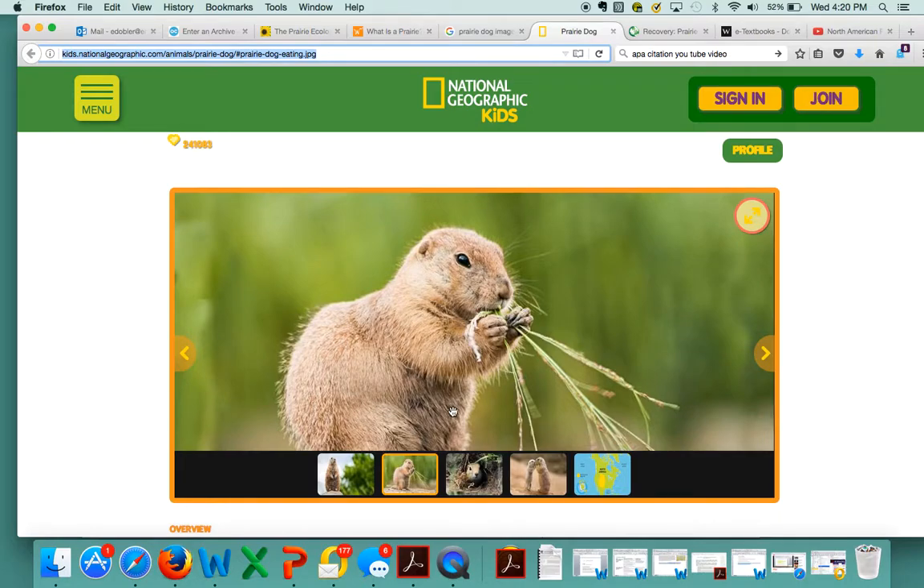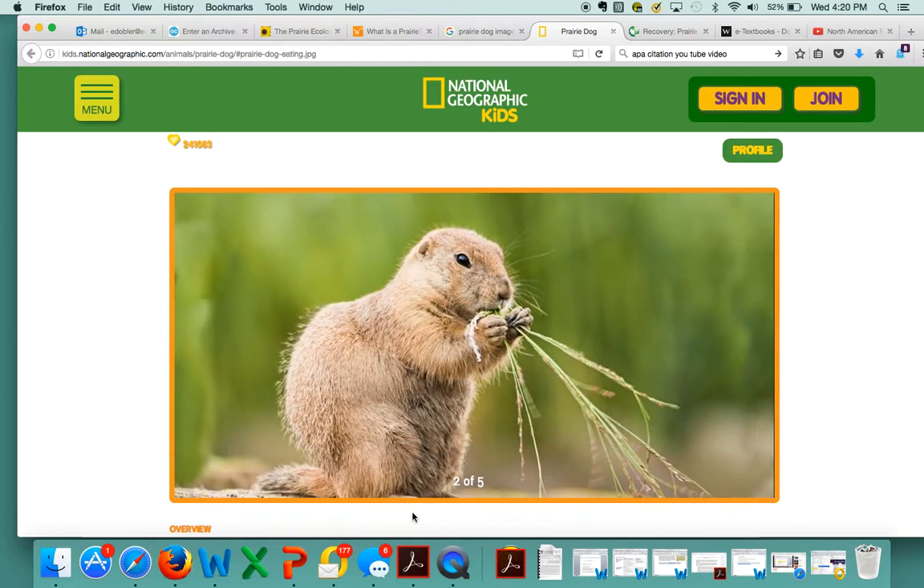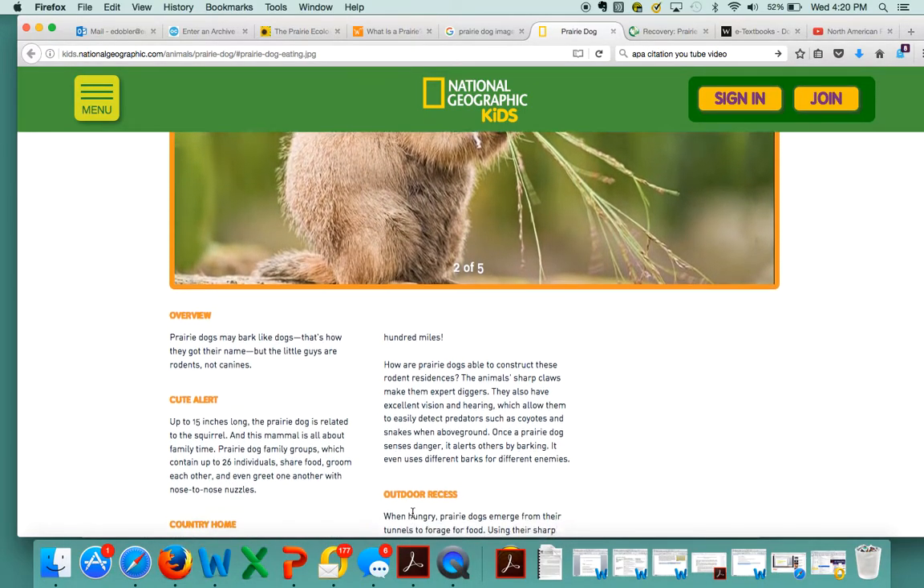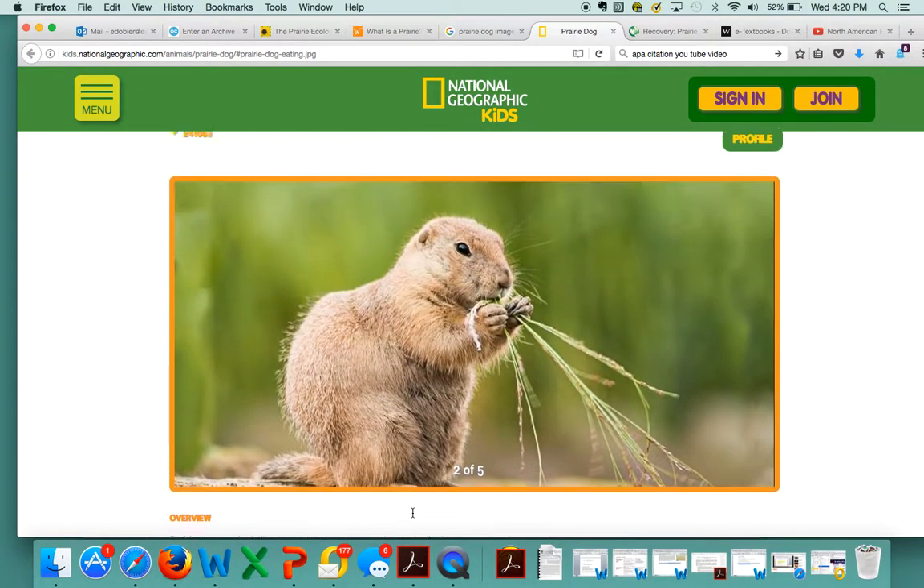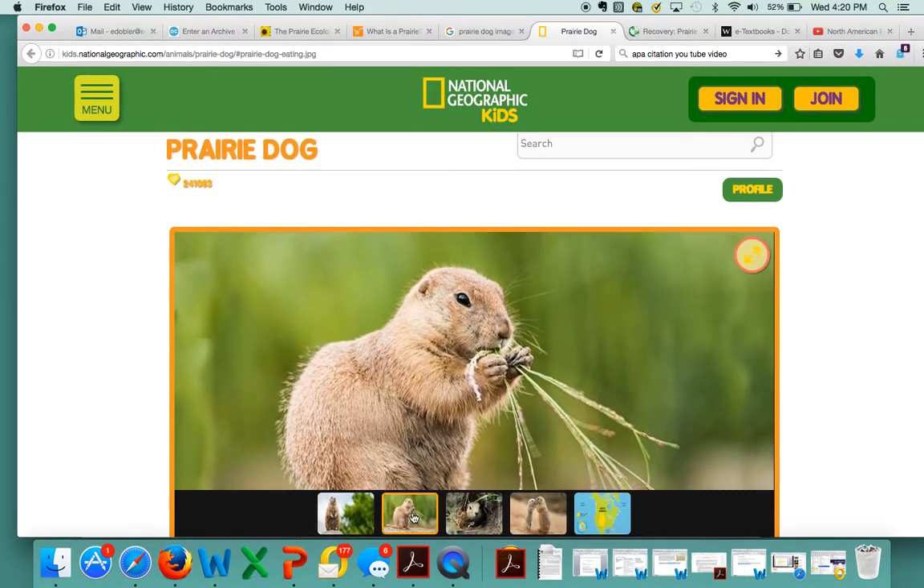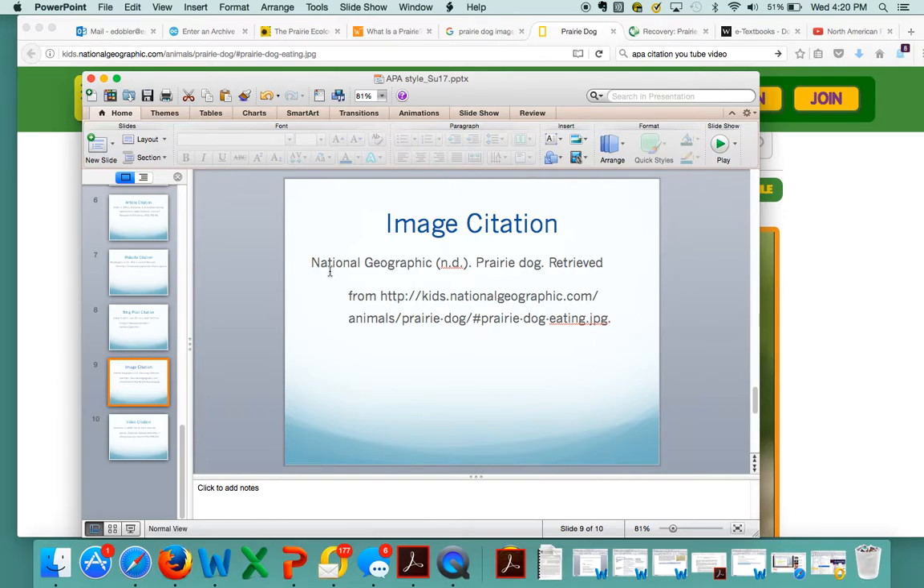And here's my image. Now, my prairie dog image is a part of a collection here. And there's no credit given to a photographer on these images. If there were, I would use that person's name on the reference list, but there isn't. So I go with National Geographic. There's no date. Title of the image is prairie dog, which I found on the website, retrieved from, and there's